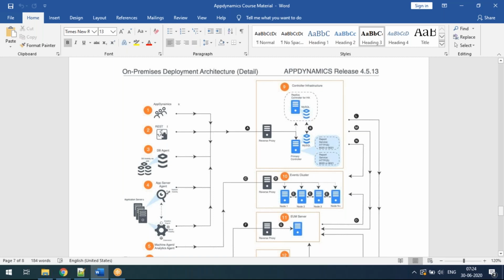If it is a green color light, the connection between the controller and the event services is actually established, and then you are ready to launch your controller. That is what it will mention. Similarly, when you are installing standalone event services, it is a similar procedure. You are going to configure your controller with the event services, and it will again show you green, so that way you do your connection establishment. Clear?